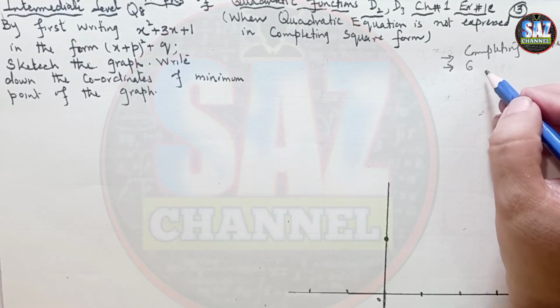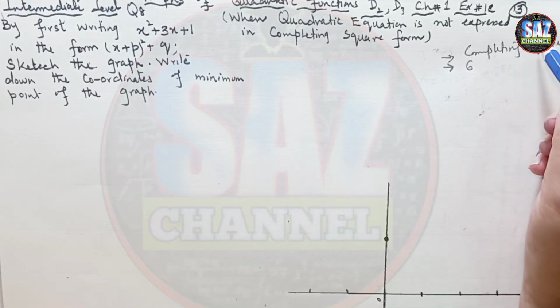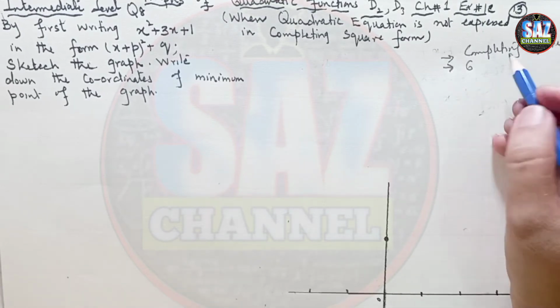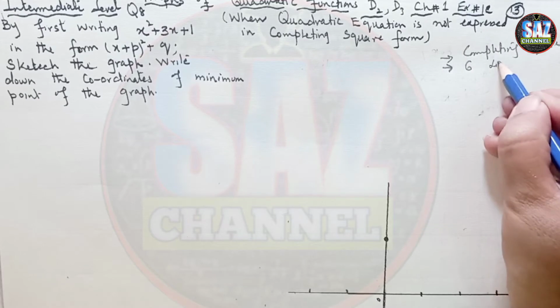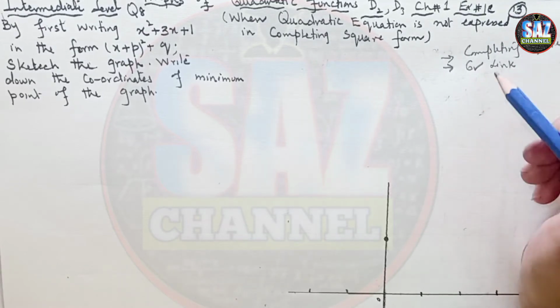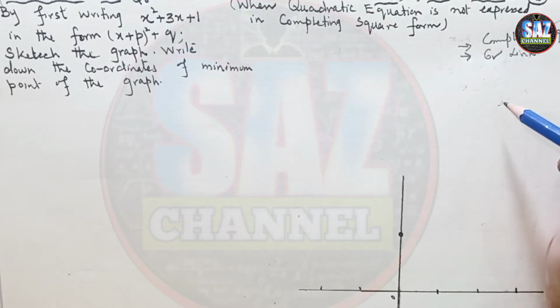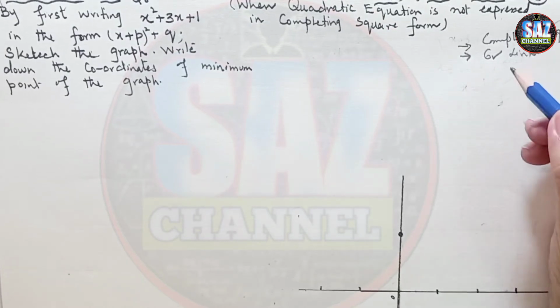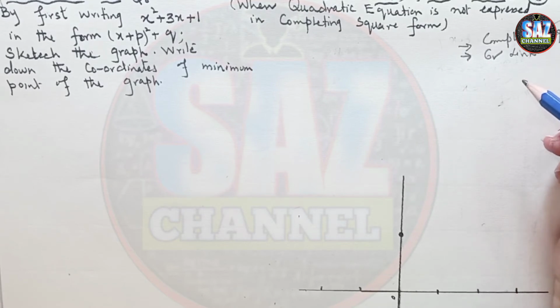If those points are not clear to you, or if you are finding difficulty in the completing square method, I'll be giving the link of the lesson in the description box. You have to watch and understand these 2 lessons for a better understanding of this lesson, because the lessons of mathematics require continuous integration and practice of the previous lesson. If the previous link and lesson is weak, the next lesson will also be affected.